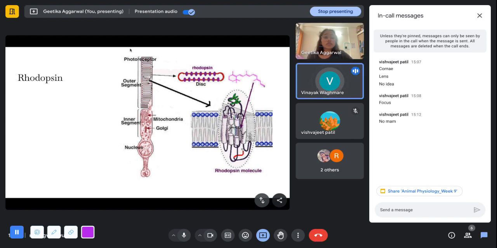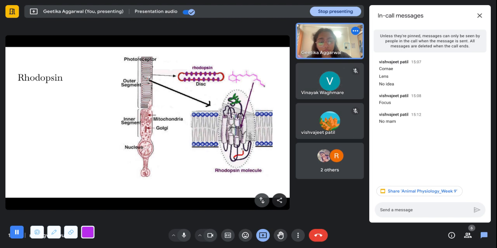So Ma'am, what does it mean about photosensitivity? What is the meaning of photosensitive? Photosensitive means something which is sensitive to light. Photo here means photon. You know that the light is made up of photons. And when something is photosensitive, it means that it is sensitive to light.